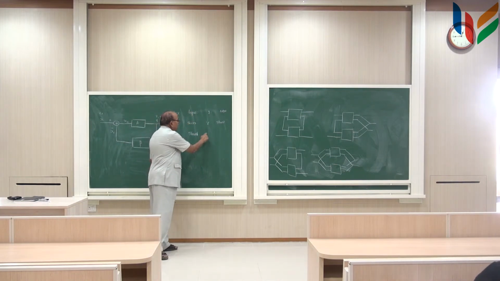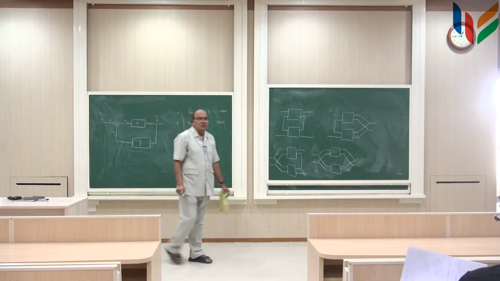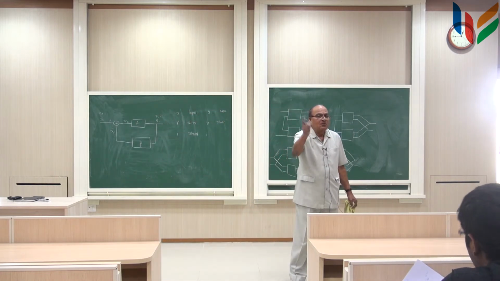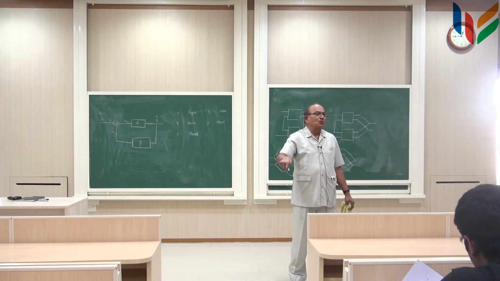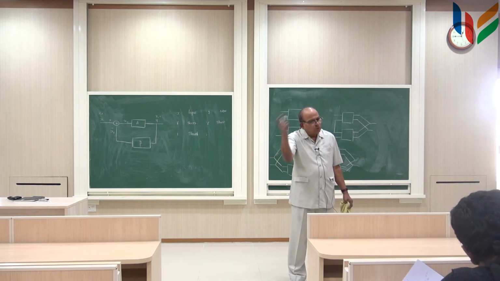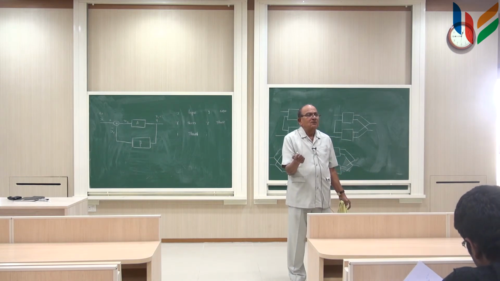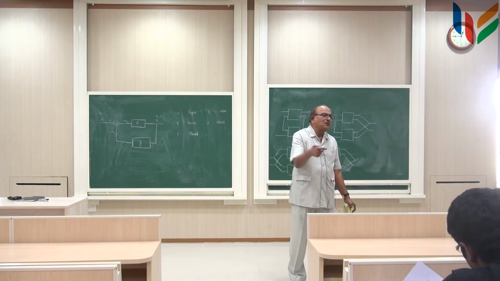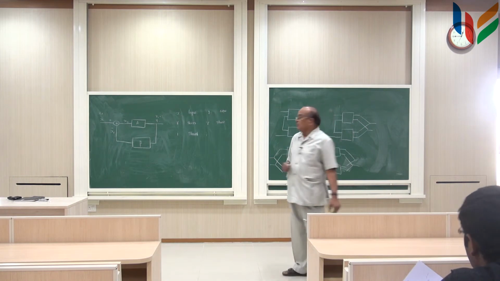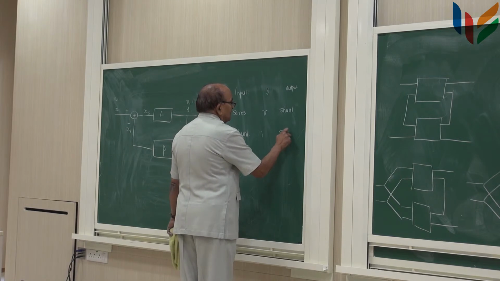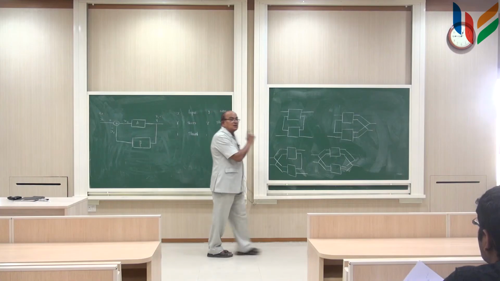And if this is I, output will be, common is I, so it should be flowing from both the two ports, the output port of both the two ports, in which case series connection. Then the same I is flowing from both of the common parameter. So this is a series connection. Are you with me or not in the descriptions?